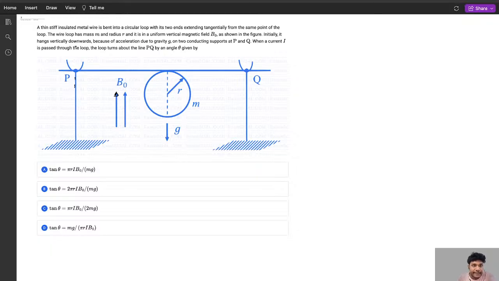Initially, it hangs vertically downward because of the acceleration due to gravity g on a non-conducting support PQ. Okay, conducting, AB conducting, right? P and Q. When a current I is passed through the loop, the loop turns about the PQ by an angle theta given by